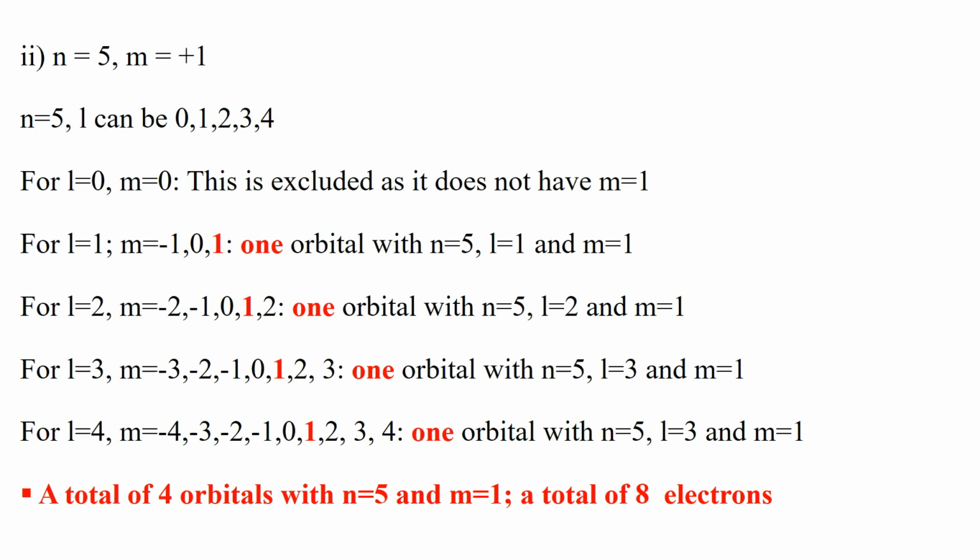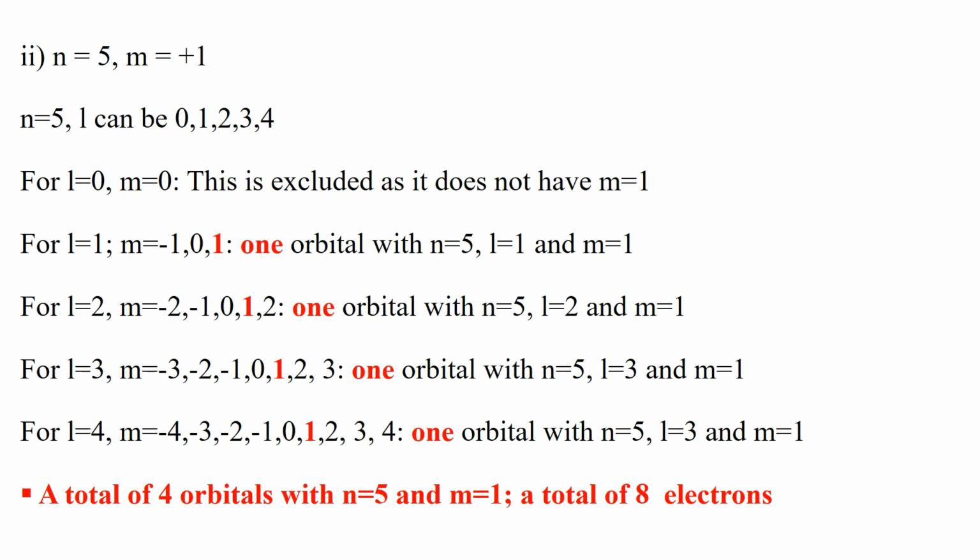So, meaning that here we have 1 orbital with L is equal to 1 and M is equal to 1. Here we have 1 orbital with N is equal to 5 and L is equal to 1, and the M is equal to 1. Then for L is equal to 2, let's check. We will be having